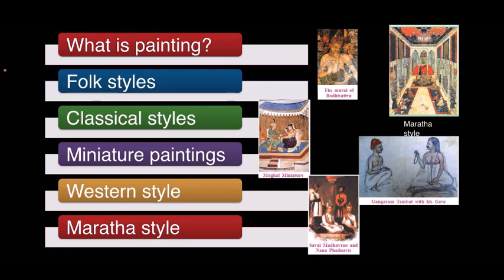Agama texts of various religious sects, Puranas, and Vastu Shastra texts explain the art of painting and sculpting in the context of temple architecture. Miniature paintings in manuscripts: the early manuscripts, which are handwritten books, contain miniature paintings. These show an influence of Persian style. The Deccan miniature style was developed under the patronage of the Deccan Sultanates.